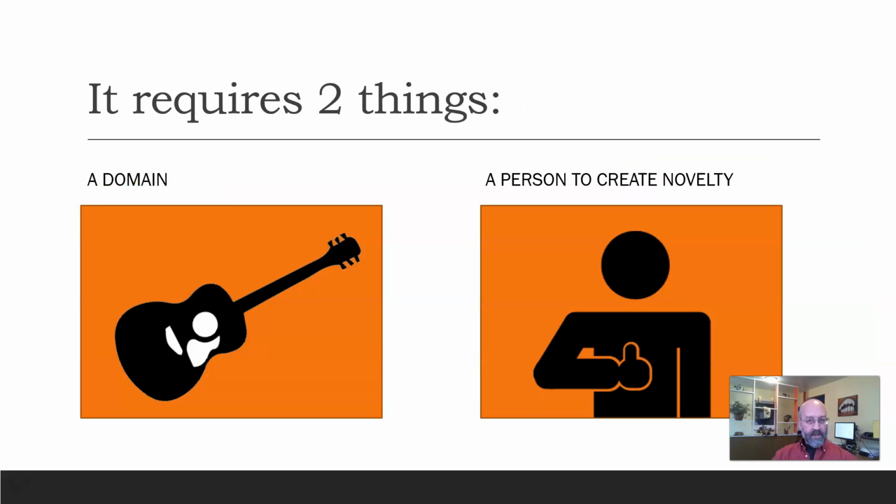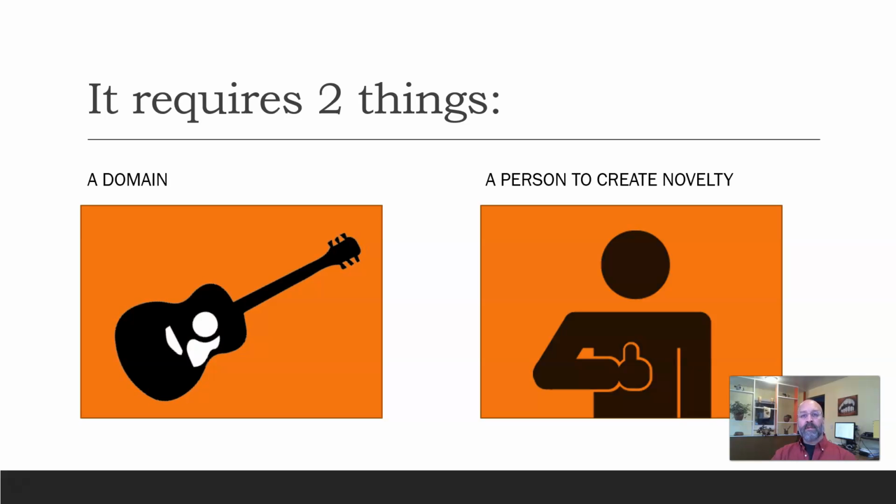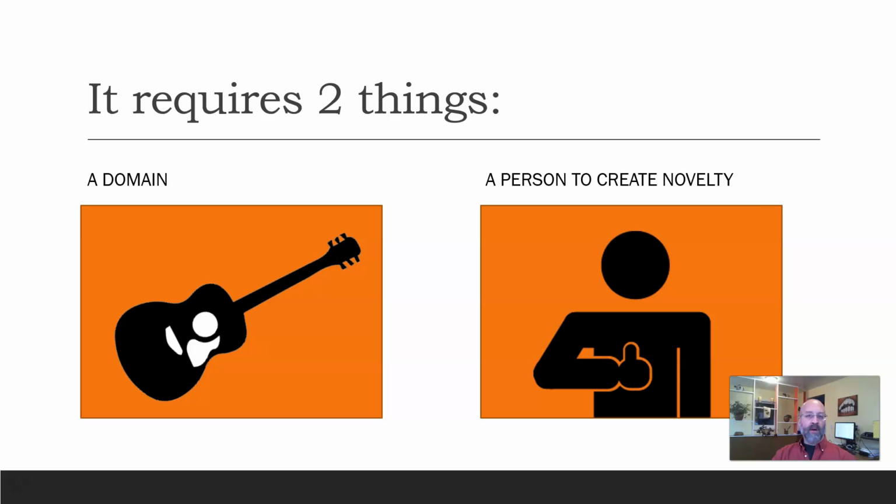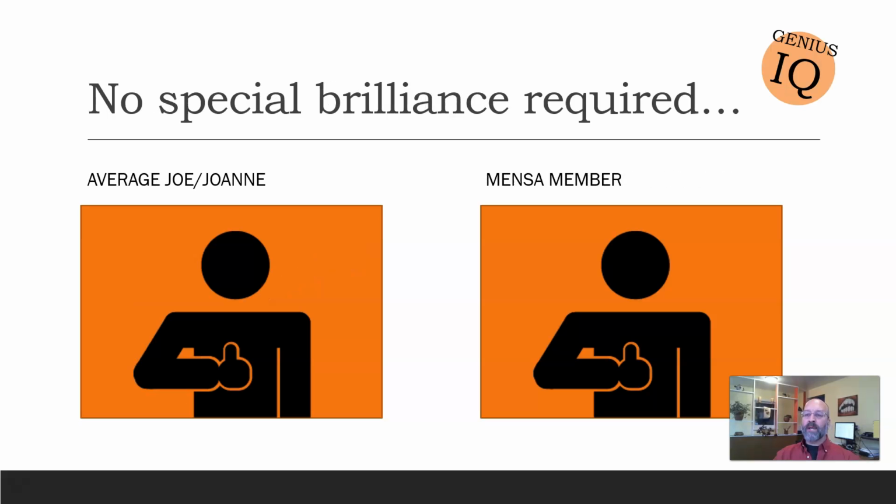It only requires two things. One is a domain, and the other is a person to create novelty, right? To create those connections between two things. No special brilliance is required. This has been studied. This is a really interesting topic in that